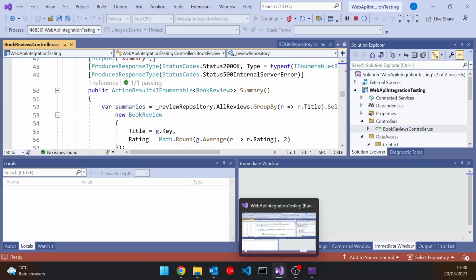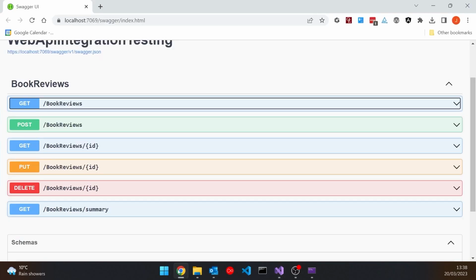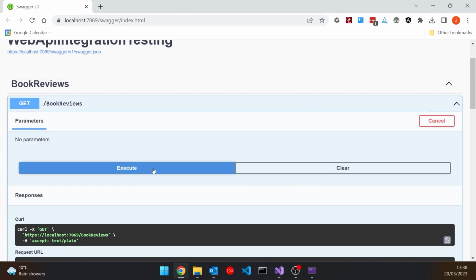And when we're developing and when we're testing, having Swagger can be very useful because it means you can take a quick look, see that everything's working okay. But in terms of more serious testing, it's very much, as we see it here, manual testing, having to open up the section, click execute, and so on and so forth. What we'd like is some kind of automated test that can go through that as well.